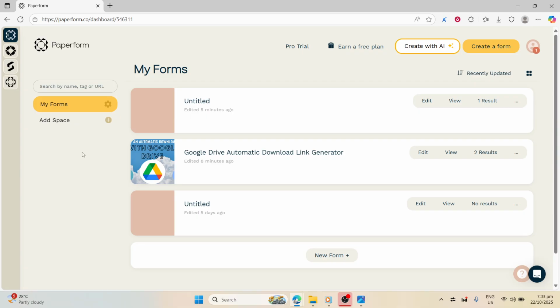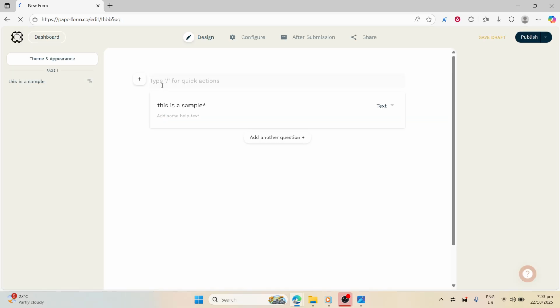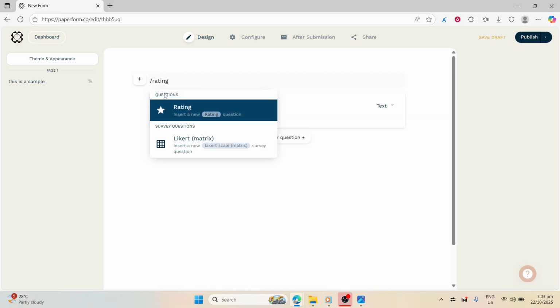To get started with the new rating scale on Paperform, you'll first want to click on a blank line within your form. The quickest way to add a rating scale is to type the command /rating right where you'd like it to appear. Once you do that, a drop-down menu will appear, and you simply select rating from the list